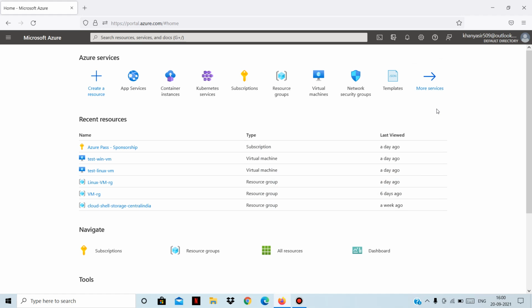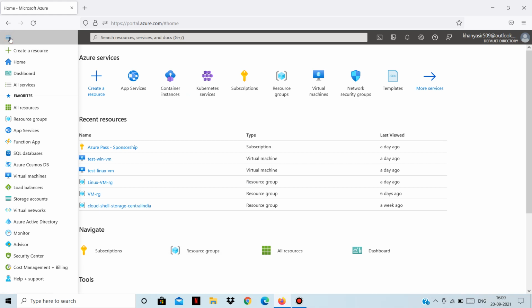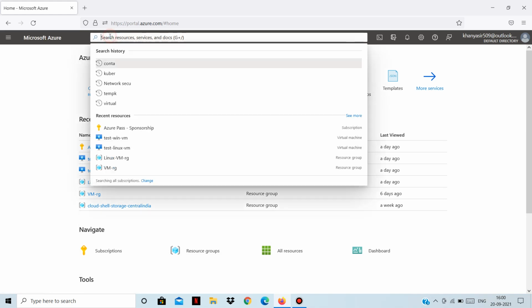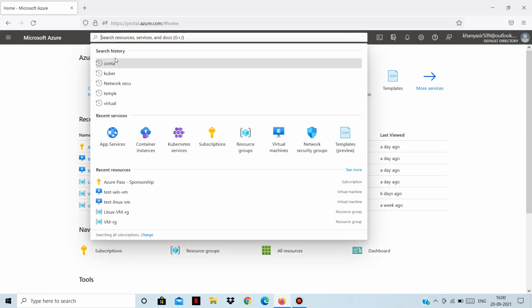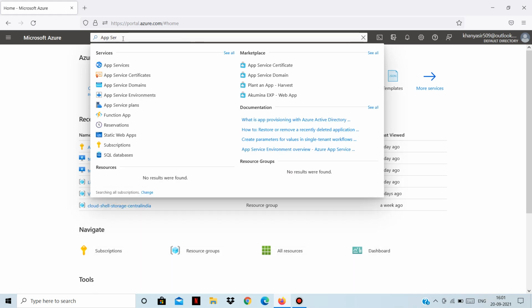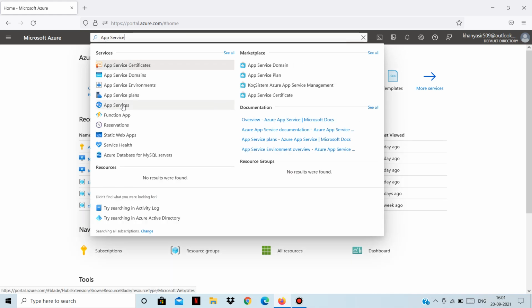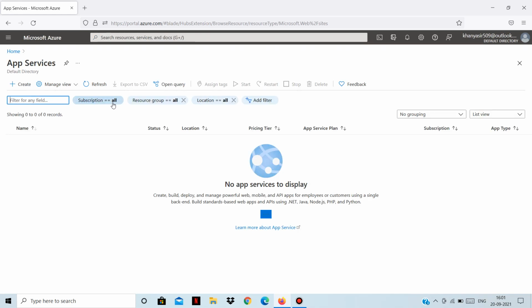So let's see how we can create a web app service. You can either go to Azure App Service from here, or you can go to App Service from here, or if it isn't present anywhere, you can just search for it. Let me show you how you can go to any service from this search here. You can search for the required service. So we need to go to App Services. Click on it. Currently we don't have any app services running, so we need to create a new app service. Click on the create button here.